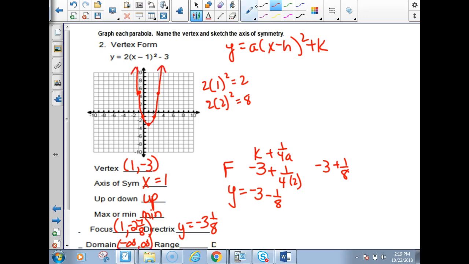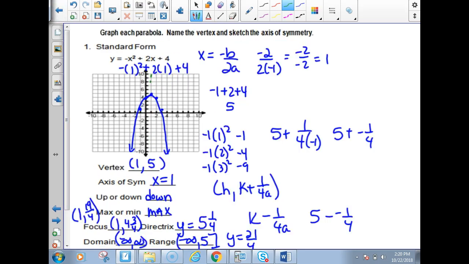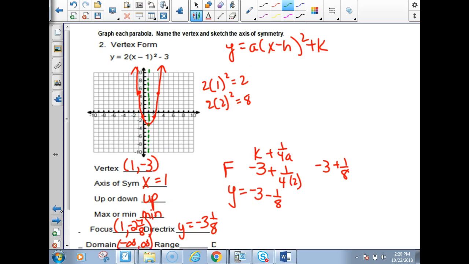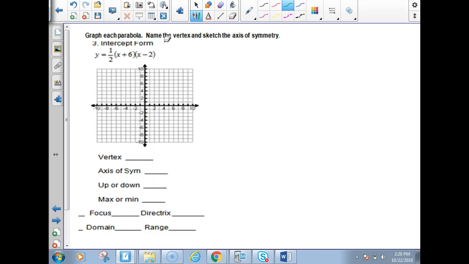Okay, so I will sketch in the axis of symmetry. I'm just going to do a dashed line. It's x equals 1 here. On the last problem, it was also x equals 1. Okay, and the third method, x-intercept form, where you want to set the factors to zero: x plus 6 equals 0, x